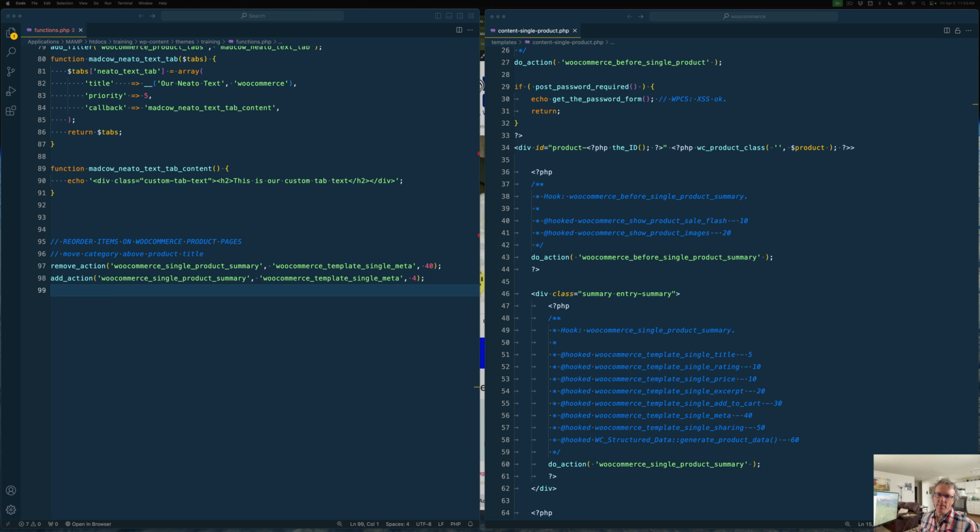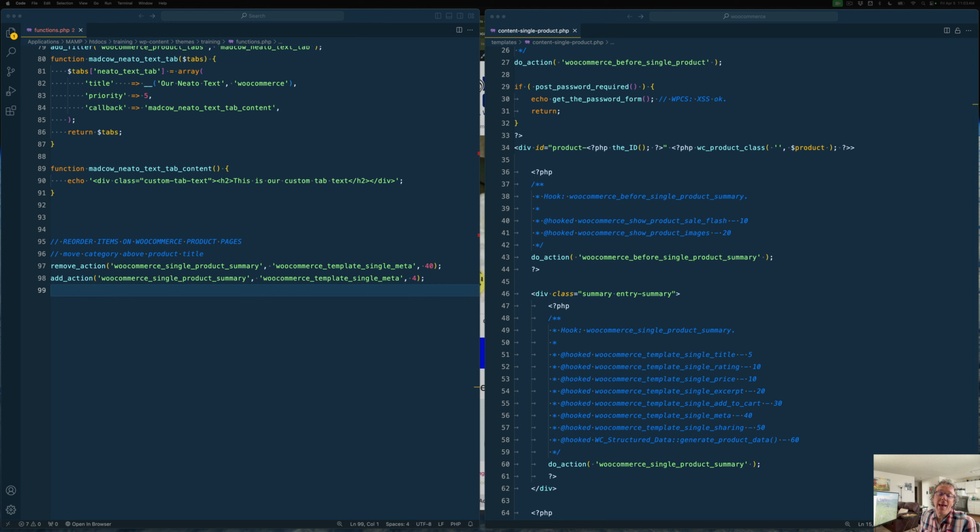Today we're going to talk about moving content around on a WooCommerce single product page. A lot of times what you'll find if you Google how to move my add to cart button above my product title or something like that is people will encourage you to manipulate the template files, which is definitely possible and definitely works. However, more experienced developers and WooCommerce themselves will tell you that you don't need to do that,